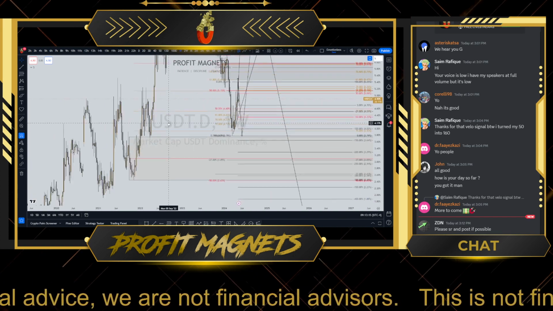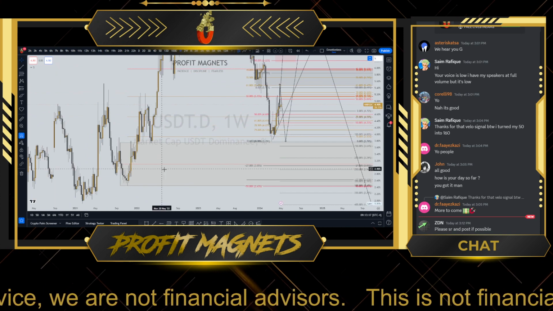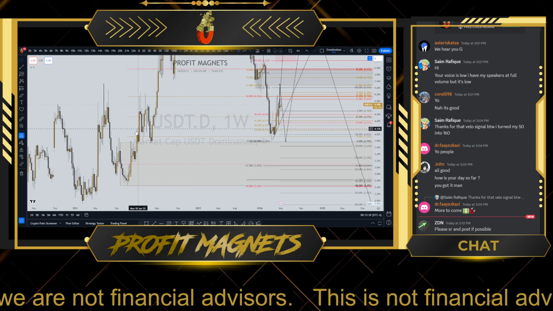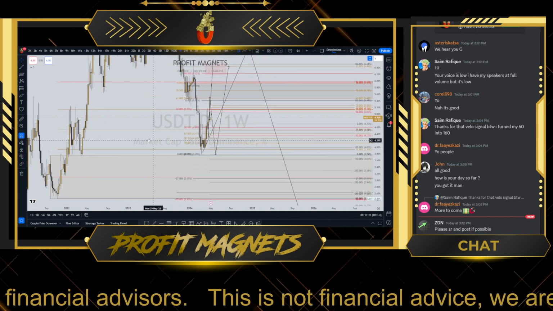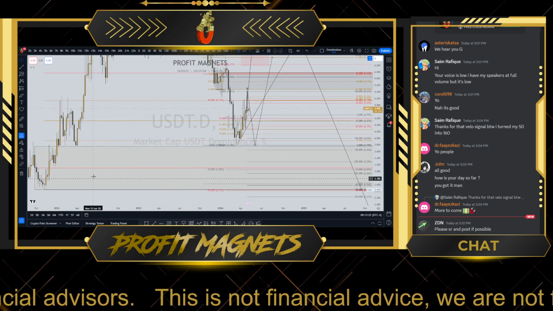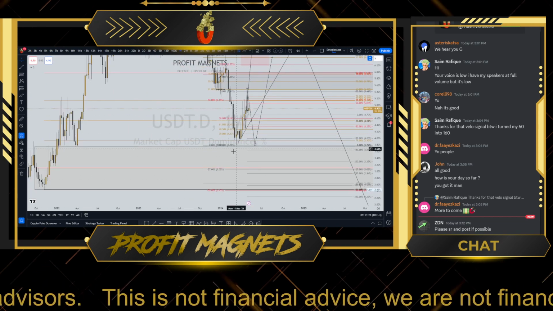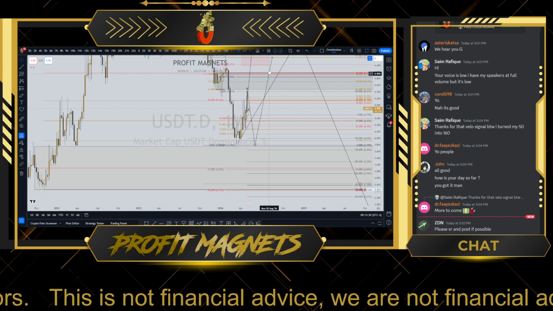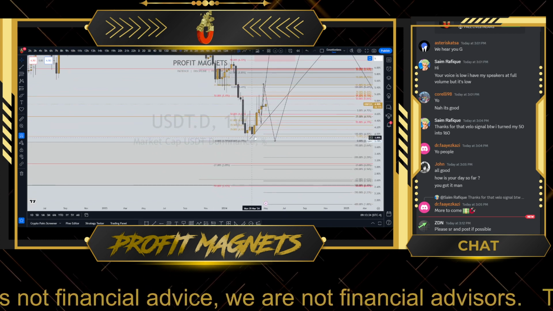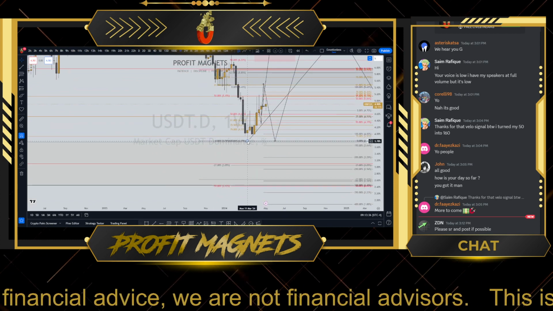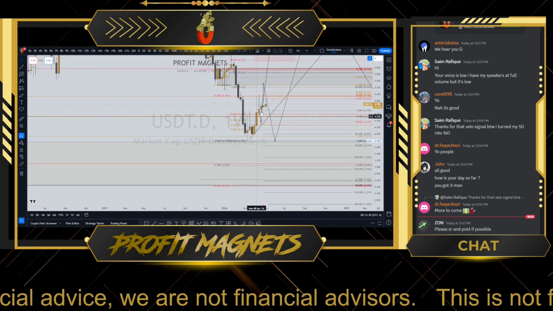Anyway, you can see that we have actually dipped our toes initially in this area. Now, while it is possible that we revisit these areas, okay, before any potential move to the upside, because it is something that we're taking into consideration, because we have gotten so close to the order block, but we haven't really revisited just yet.